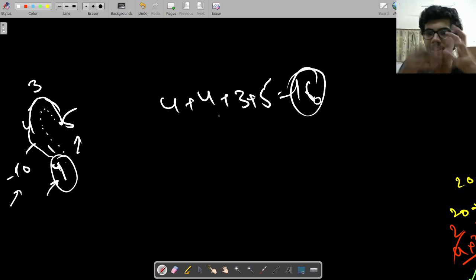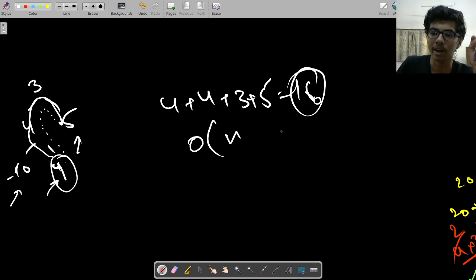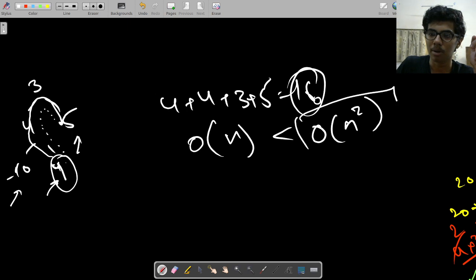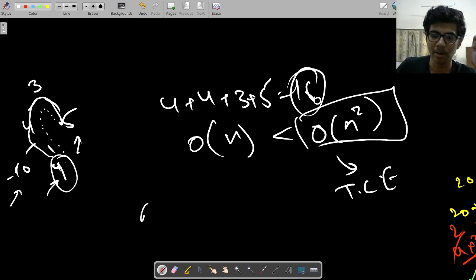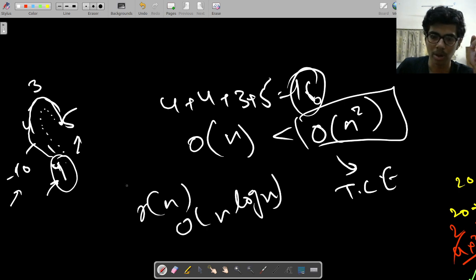So I need to find some way so that I find the answer in O of n, or I should say in less than O(n) square, because O(n) square is giving us TLE. So we can find it in O of n or O of n log n, or nearly some values nearly equal to that, but it should be less than O(n) square. Okay, so we need something else.